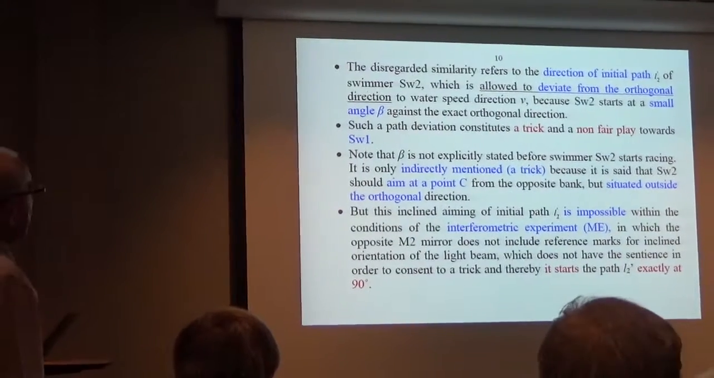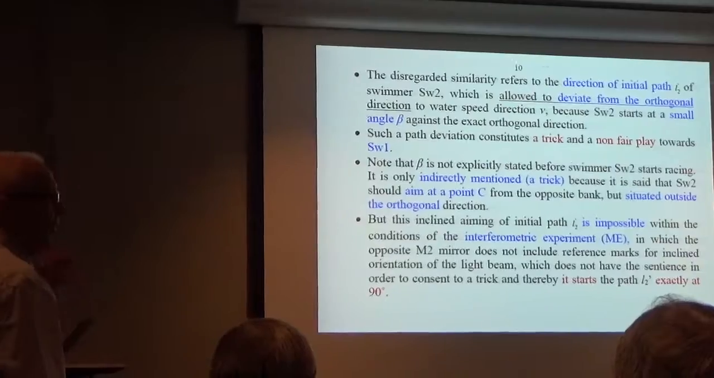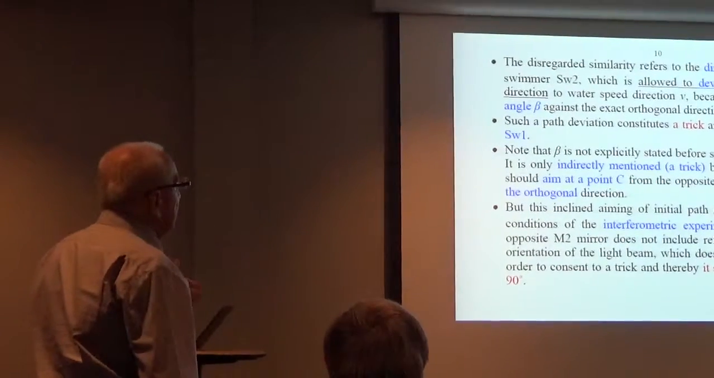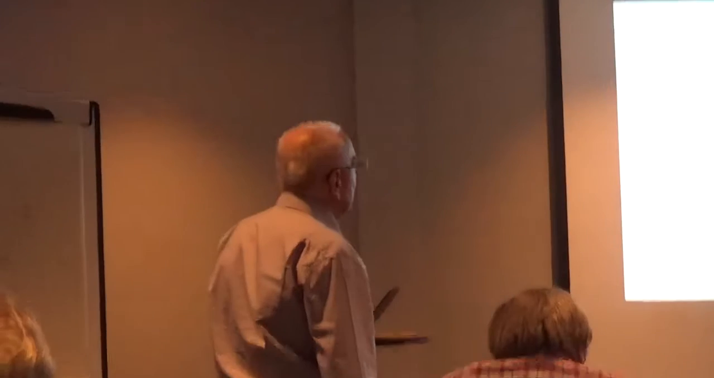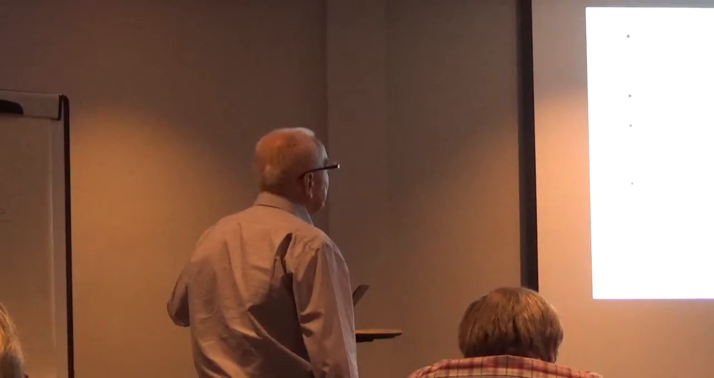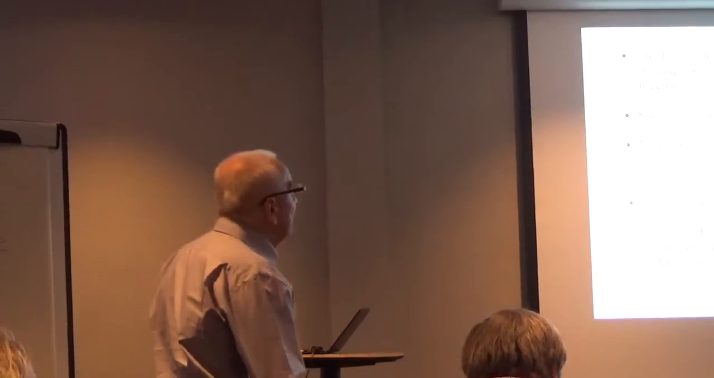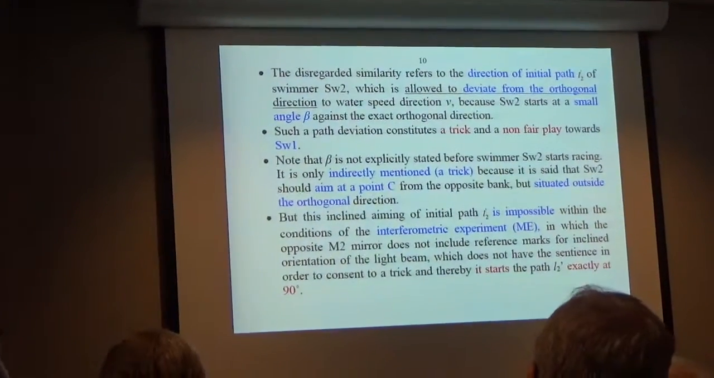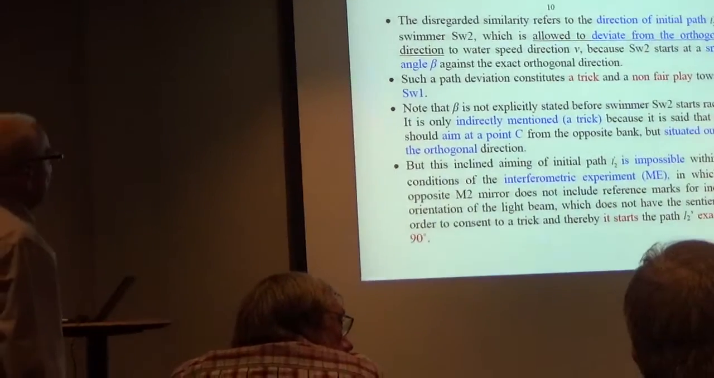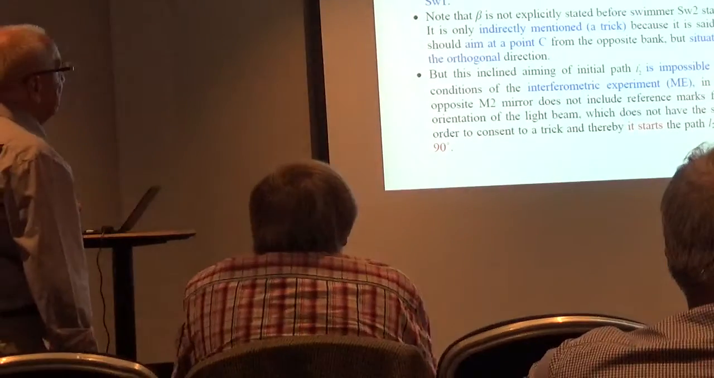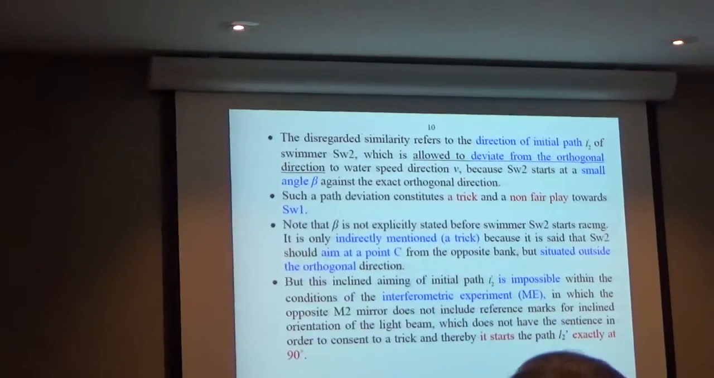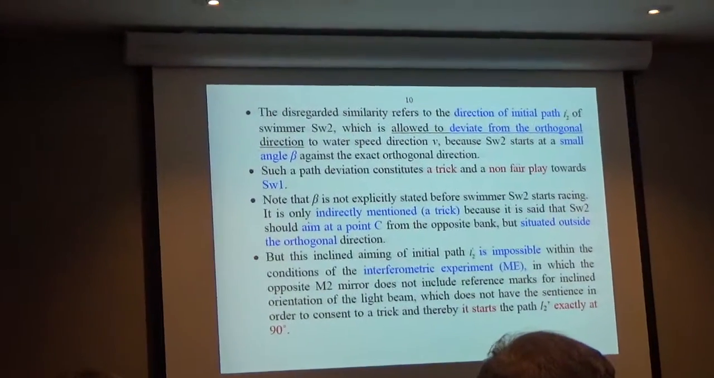This refers to the direction of the initial path of L2 prime, which allows S2 to deviate from the orthogonal direction to the outer speed direction, because we do start at a small angle beta against the exact orthogonal direction. Such a path constitutes a trick and a non-fair play towards S1. Note that angle beta is not explicitly stated to S2, but indirectly